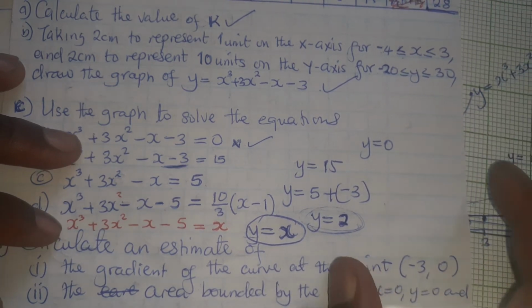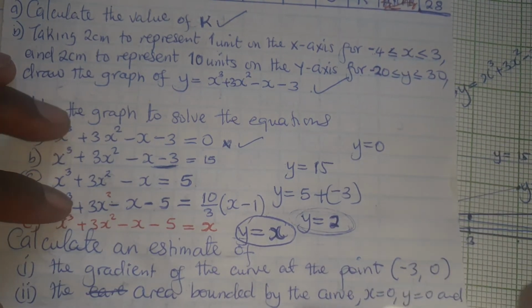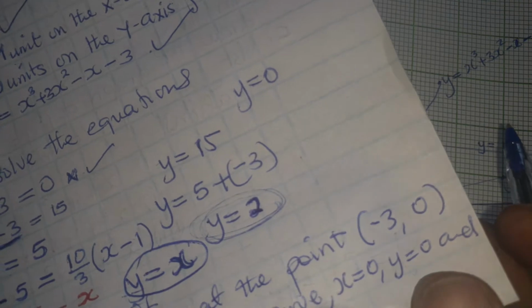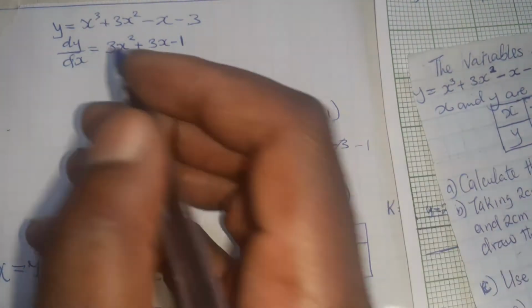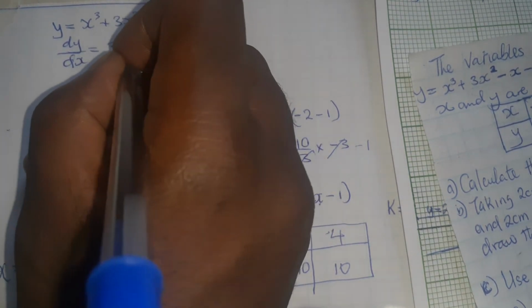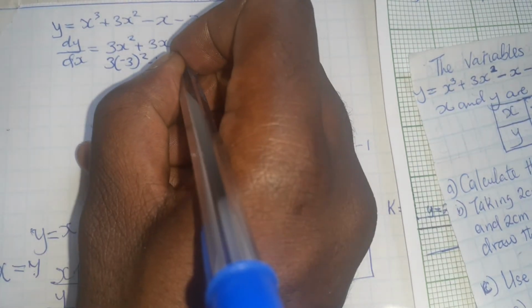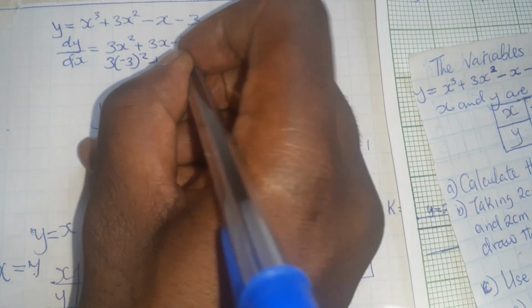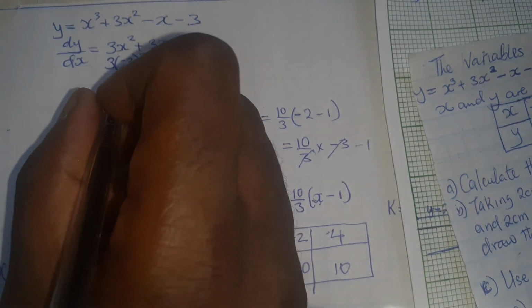The x coordinate here is given as -3. So I'll put -3 here squared, plus 3, I'll put my -3 here, minus